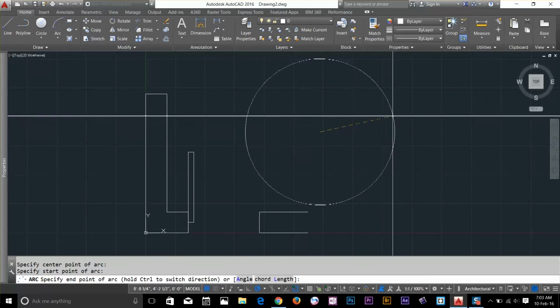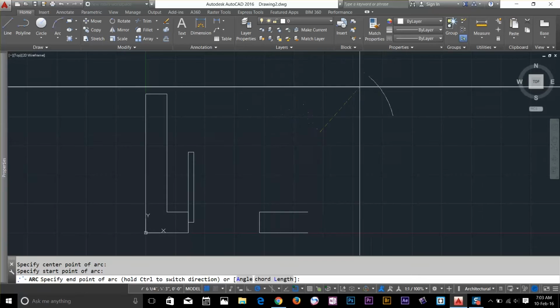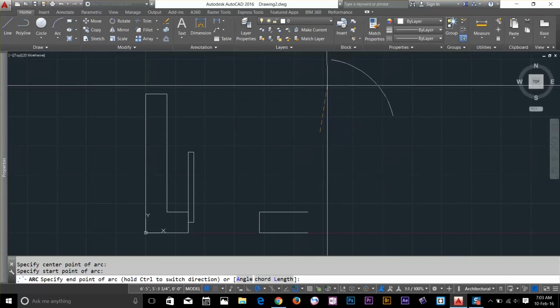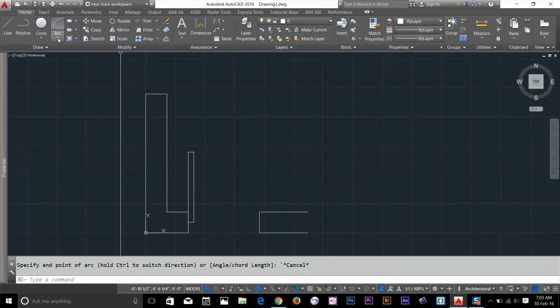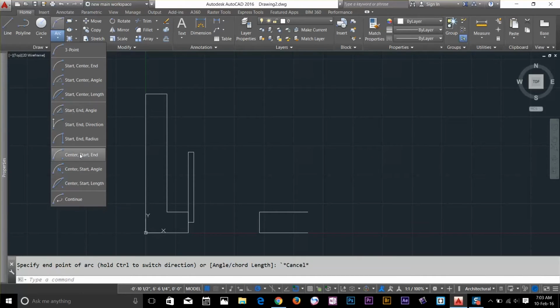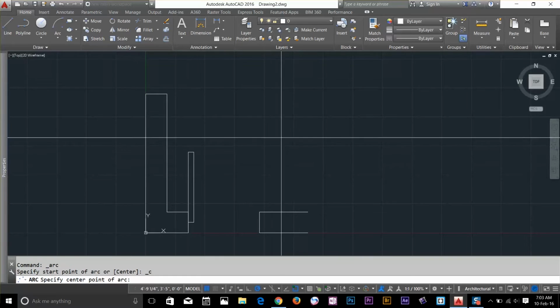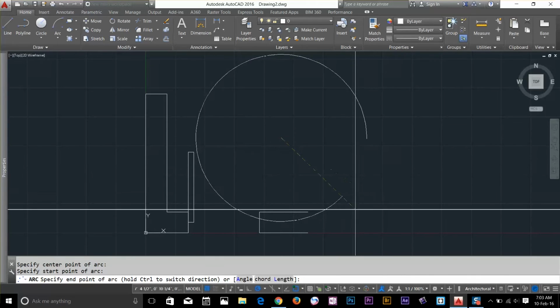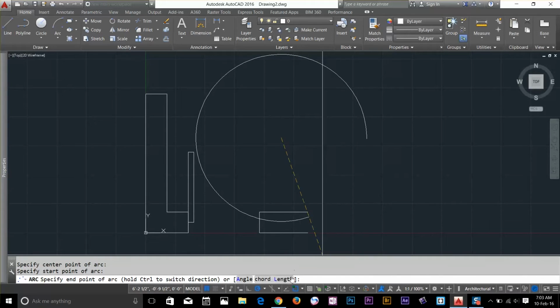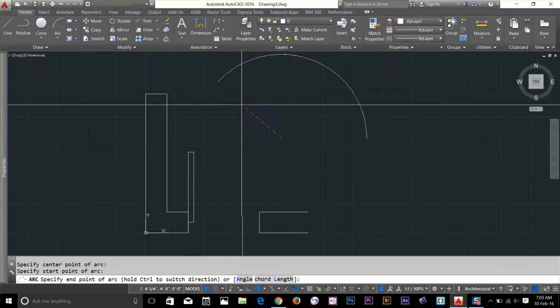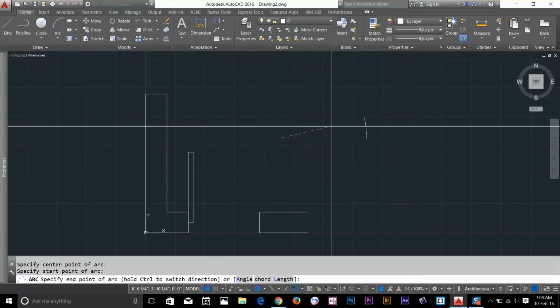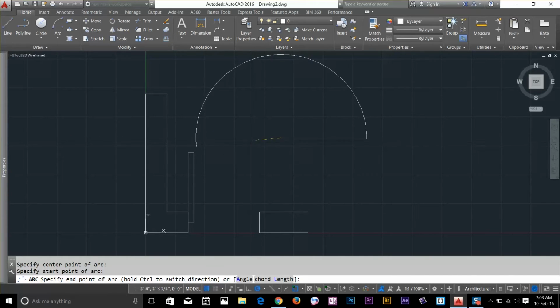Let's say center, start, end. So I choose center, start, end, and now I've got these options. I can change the length, and I can define the angle of the arc. So just keep an eye on it and keep trying this out. In later videos, when we start a project, we'll look at how we can use these kinds of arcs in our practical project. So that's it for now for the arc. Any questions, put them in the comments, and I'll talk to you